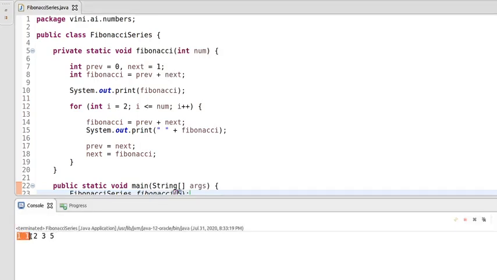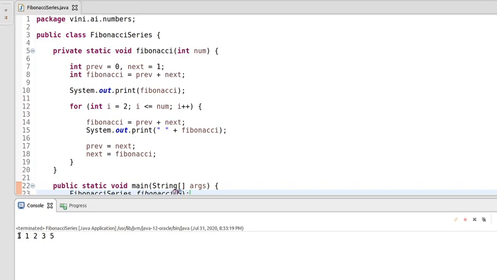So you can see here 1 plus 1 is 2, and 1 plus 2 is 3. So 2 plus 3 is 5, and if we add 3 plus 5, it will become 8. So it will keep increasing.